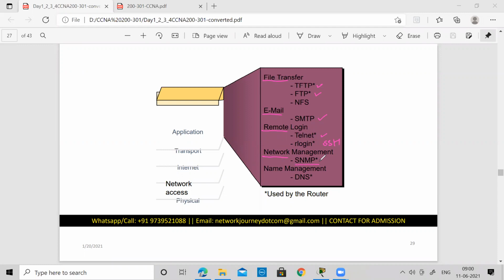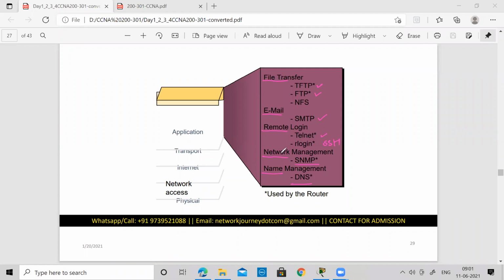One single monitoring way for all your network topology. Then you have SNMP, and name management, resolving a domain name to an IP, which is your domain name system. So this is the set of protocols which we say reside in your application layer.